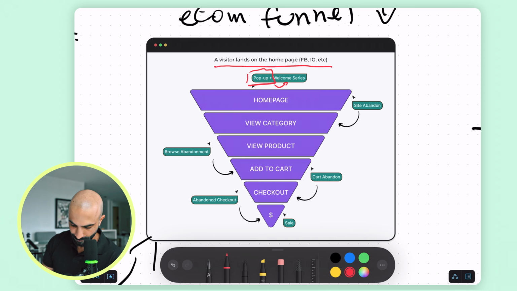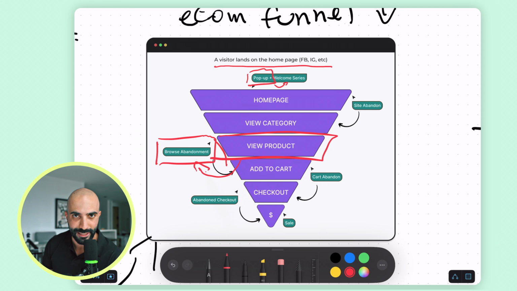Then, after they get the welcome series, maybe they bought, maybe they didn't. If they did not buy, but maybe they've viewed a product right here, then we have the browse abandonment come into play. This is what's going to trigger, and this sequence of emails is slightly different than the welcome series. These talk specifically about the product they just abandoned, right? That's why it's called the browse abandon, and it will give them reasons why to come back and potentially add the product to cart, which is this step. It's further down the funnel, and maybe even start a checkout, which is the last step